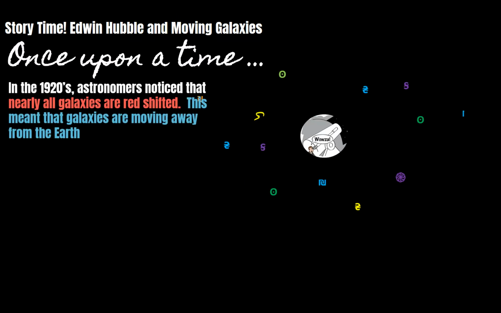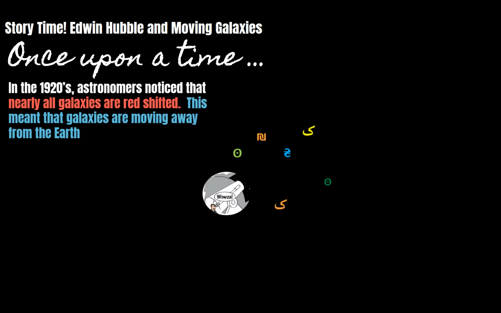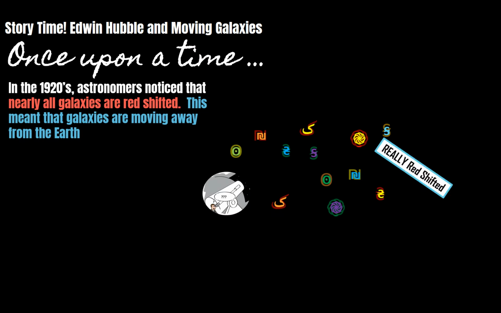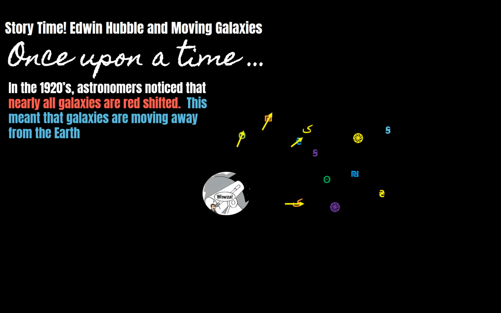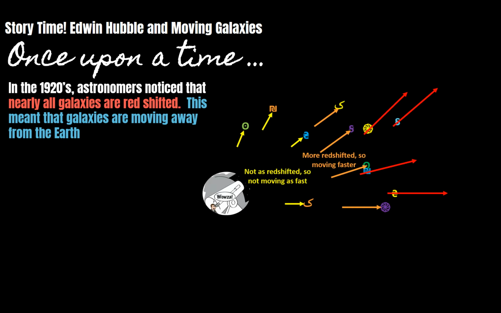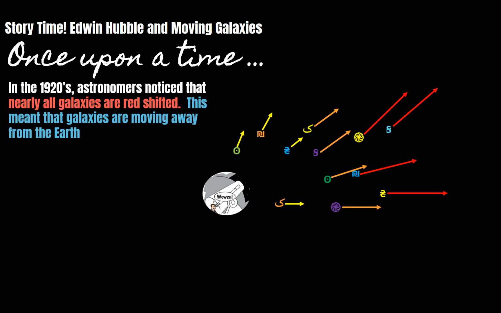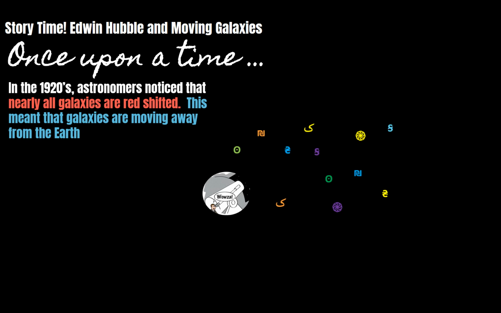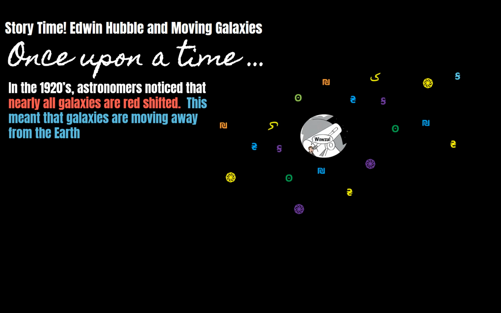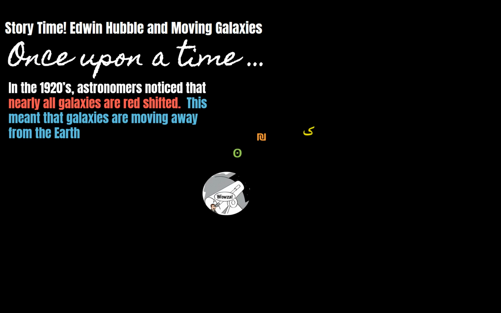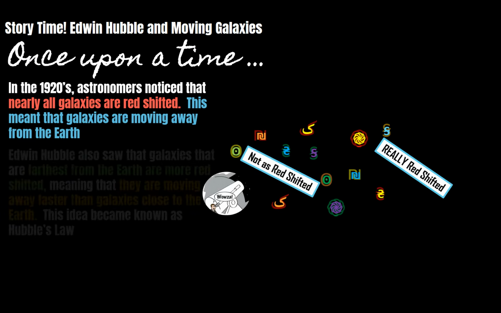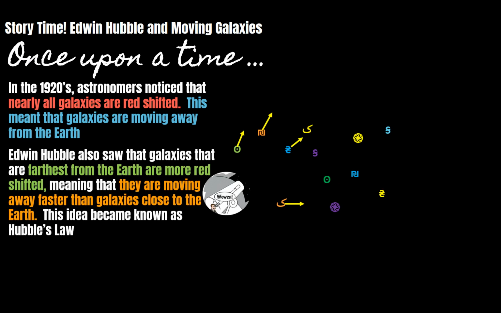In the 1920s, astronomers, not just Hubble, I gotta look up his name, Vesto something, Vesto Slipher? Yeah. I'm not having a stroke. Listen, there were a few scientists, and I think the guy's name was Vesto Slipher, who noticed that nearly all galaxies are redshifted. But Slipher didn't really do anything with this. This meant that all the galaxies are moving away from the Earth, but it was Edwin Hubble that noticed that